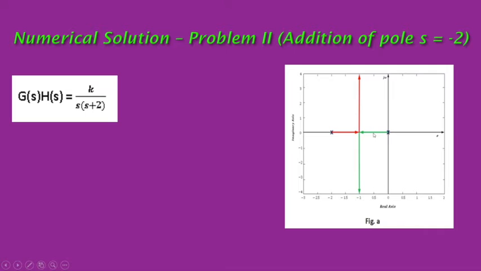If we consider any test point, to the left half of this pole, then on the right hand side there is an odd number of poles. That means only one. Then the root locus lies on the real axis between 0 and minus 2. But on the left hand side of this minus 2, there is no root locus. That's why this root locus moves to this side.